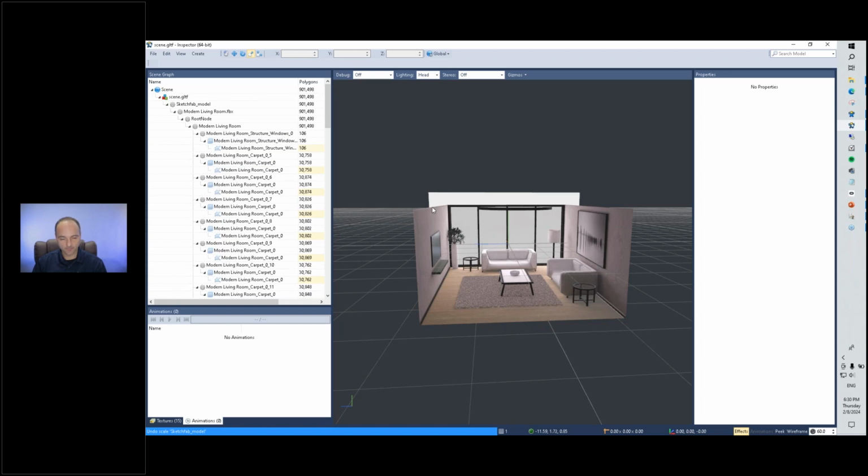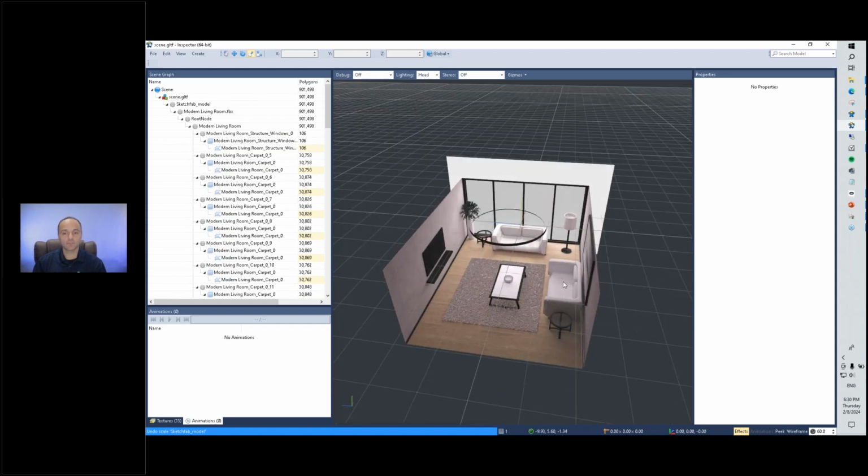The first thing you have to check when you download things from the web is that they're not always exactly at the right scale. The next thing we want to do is make sure that we, as the participant, are going to actually start where we want. And I want us to be on this couch, okay? Because this is going to be a seated experience. Now you can have a standing experience, but I will have a seated experience. So to do that,